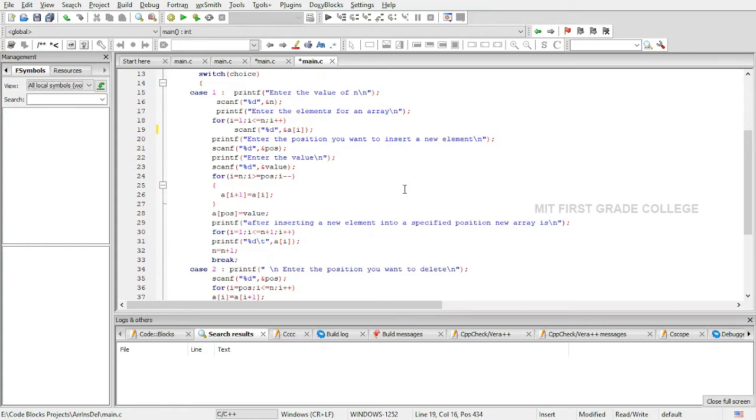Now I want to make room for that position and that value. What do I do? With the help of a for loop, I move all the elements one step downwards.